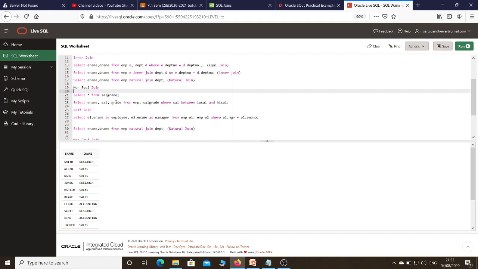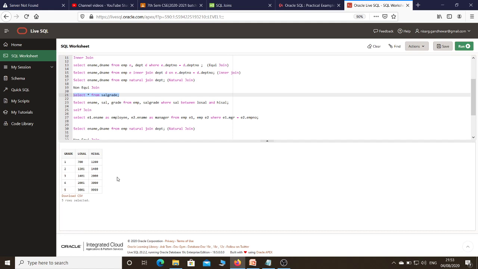Before executing this query, first of all I will show you the content of the salgrade table. I just select this query and execute it. So I got this data from the salgrade table. It displays grade, low salary and high salary. My problem is to display employee name, their salary along with the grade.